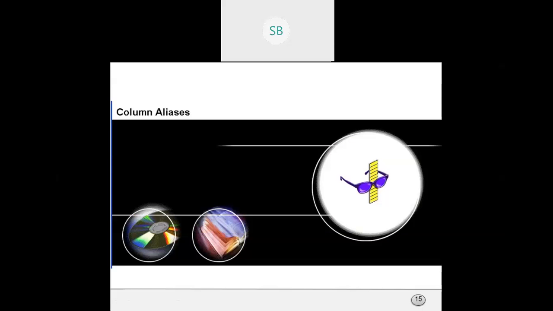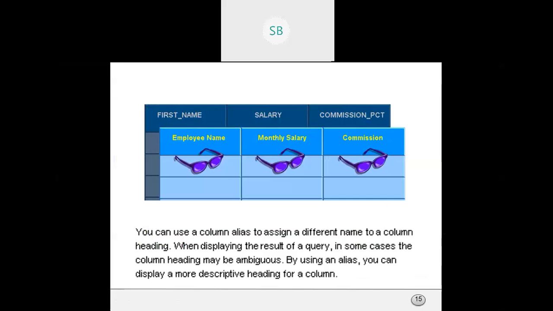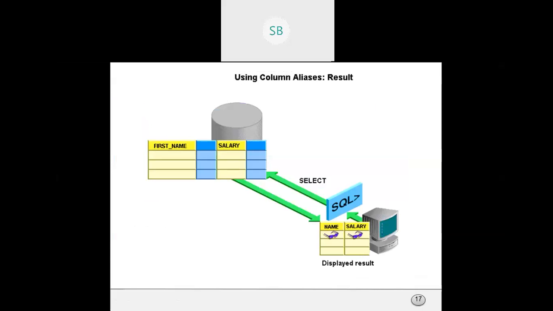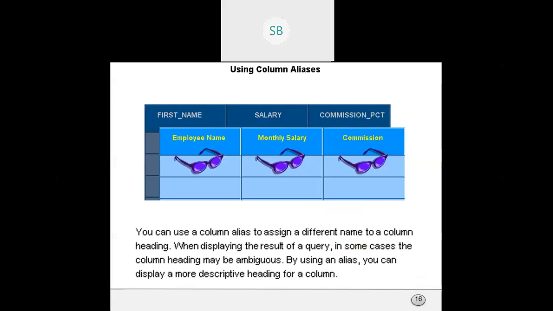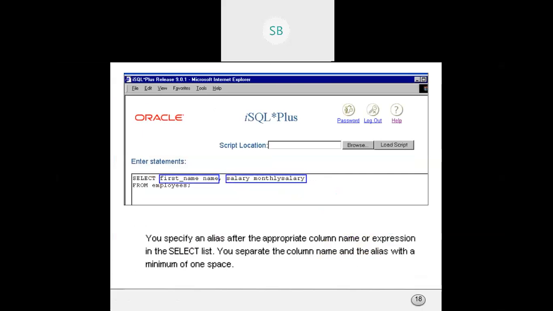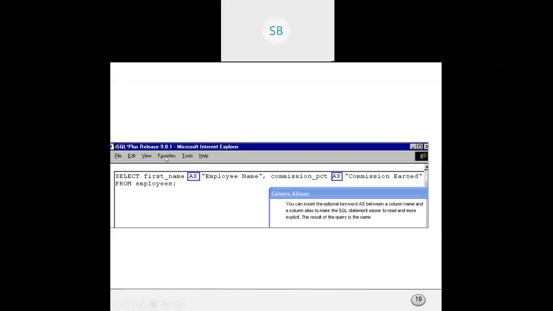Now, column aliases. You can rename the columns using the alias function. Let me show you this one. Suppose earlier, whenever you created the table, you defined first name, second name, and later you want to change the name to employee name.